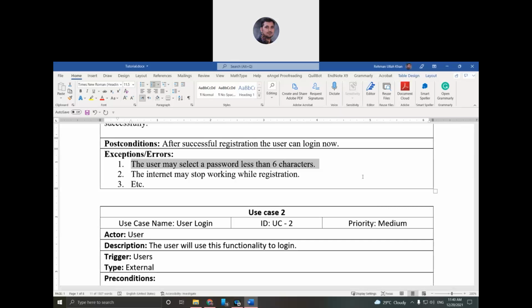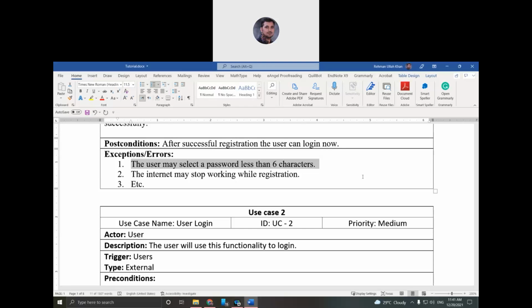You can see the different banking apps. Some banking apps accept special characters, some don't. So it depends on the policy of the organization. If the user could not follow the organization policy while selecting the password, that will be a possible error.